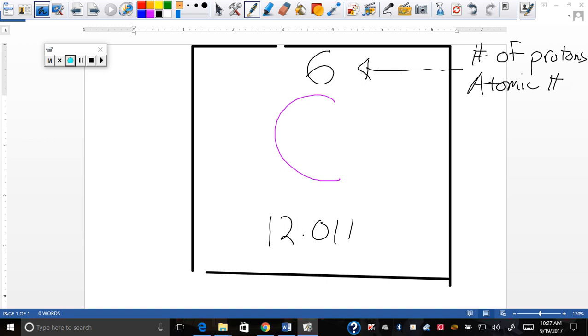All right, let me tell you something about the atomic number. It never changes. Never, ever changes. For example,